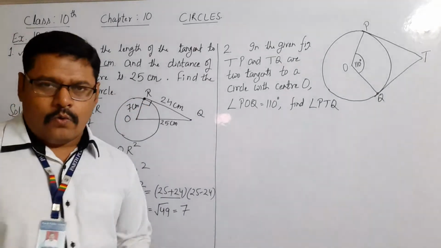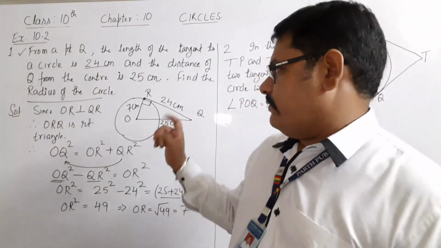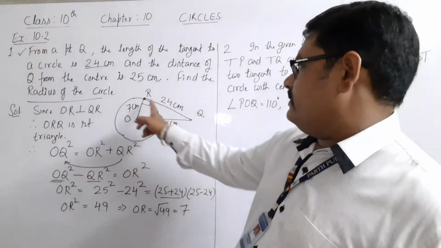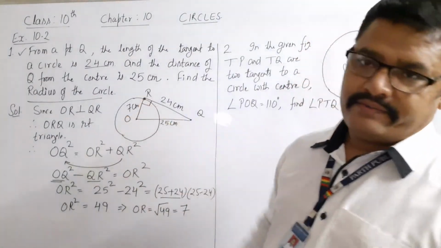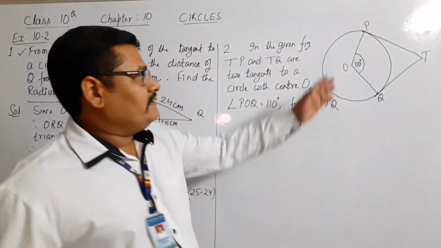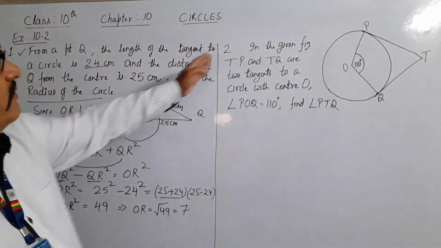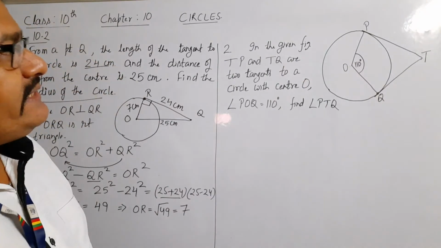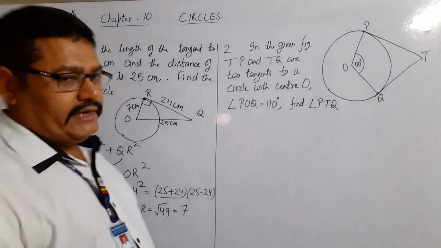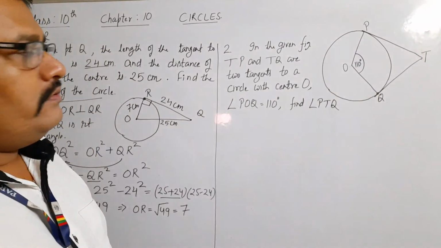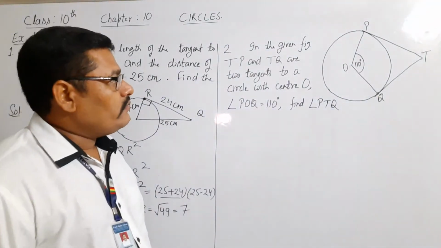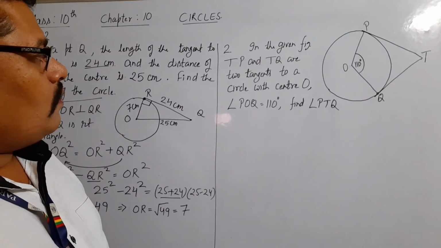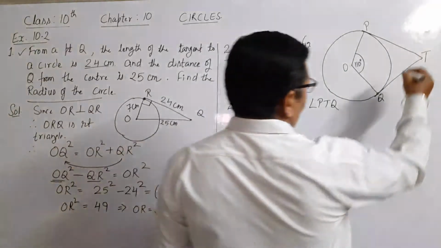So in this question we have used first theorem, which states that radius is perpendicular to the tangent at the point of contact. Now see second question. Question number 2, exercise 10.2. See the figure. पॉइंट T से दो टेंजेंट ड्रॉ की है, TP और TQ। OP और OQ रेडियाई ऑफ सेम सर्कल है, और एंगल POQ 110 डिग्री का है। We have to find angle PTQ.